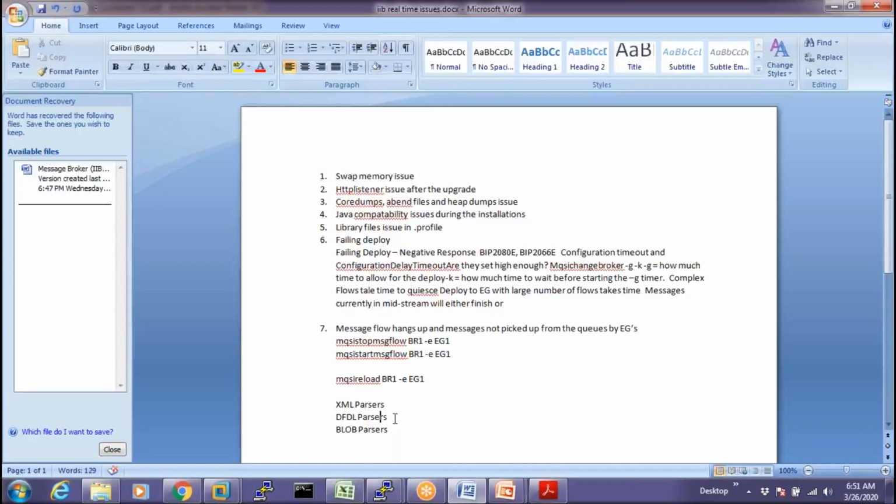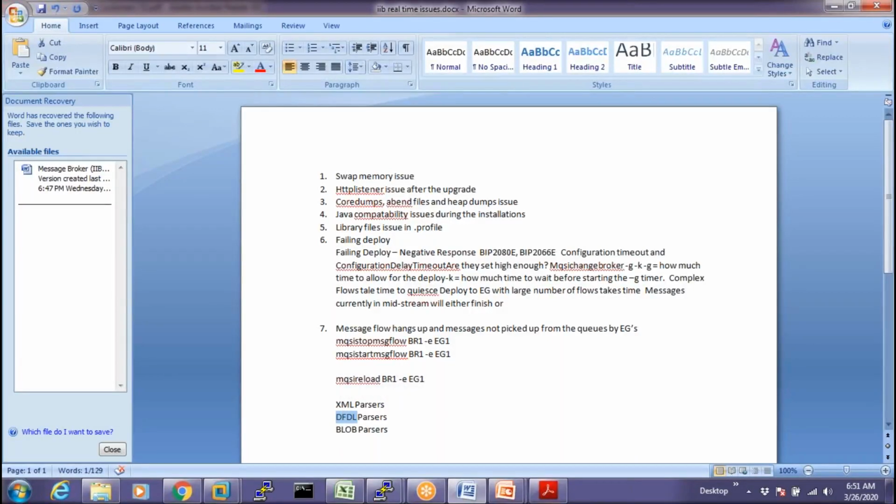Yeah, that's right. Whenever the developers are developing the message flow, if they code that the XML parser needs to be utilized for converting the data from bitstream to logical structure, then the XML parser is going to be utilized. But if the developers write the code that the DFDL parser needs to be invoked, then the DFDL parser will be invoked.